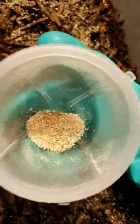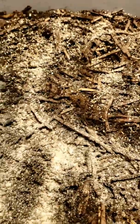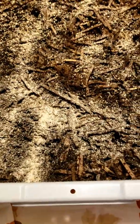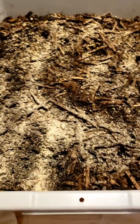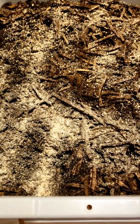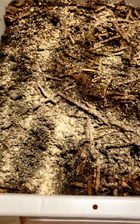I probably could have ground it longer or put the bigger particles through a sifter, but what they don't consume as a grit, it'll go into their bed, I'm sure. So, okay, I'm not going to do any more because I don't know if this will be a good idea or just a nothing idea. Since I only got these worms today, I'm not expecting them to go on a feeding frenzy tonight, although they very may well do that. What I am going to do is grind some more up and put them in the big boy here,